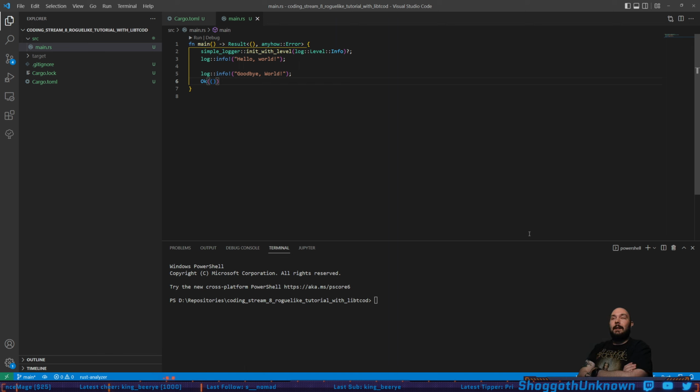Okay, so last time I did a bit of a tutorial on building an ECS, an entity component system, and that's one of many things that are going to push me forward in my game development aspirations. So the next thing I said that I was going to do, and what we're going to be working on today, is a roguelike tutorial with libtcod. And I'm once again going to be following an existing tutorial, so I'm not trying to claim credit for this,